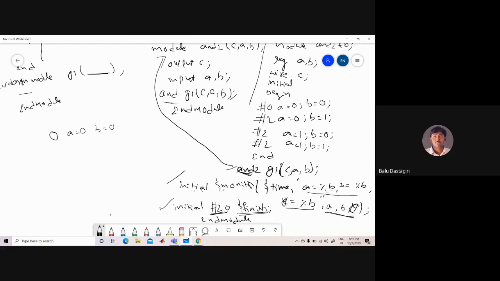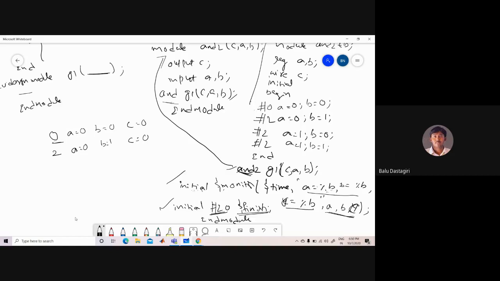So it comes here, and it will plot now. What will it plot? At 0 time units, A is 0, B is 0, C is equal to 0. So the simulation time is at 0 time units, but the simulation will end at 20 time units. Again it goes here, plus 2. So 0 plus 2, after 2 units of time, the input values A equal to 0 and B equal to 1 will be specified. If A equal to 0 and B equal to 1, the AND operation gives C equal to 0.